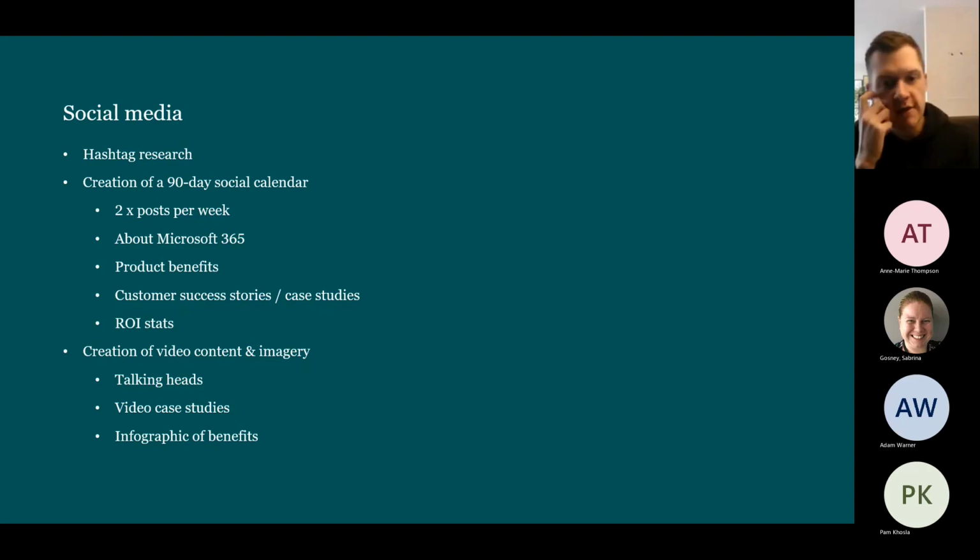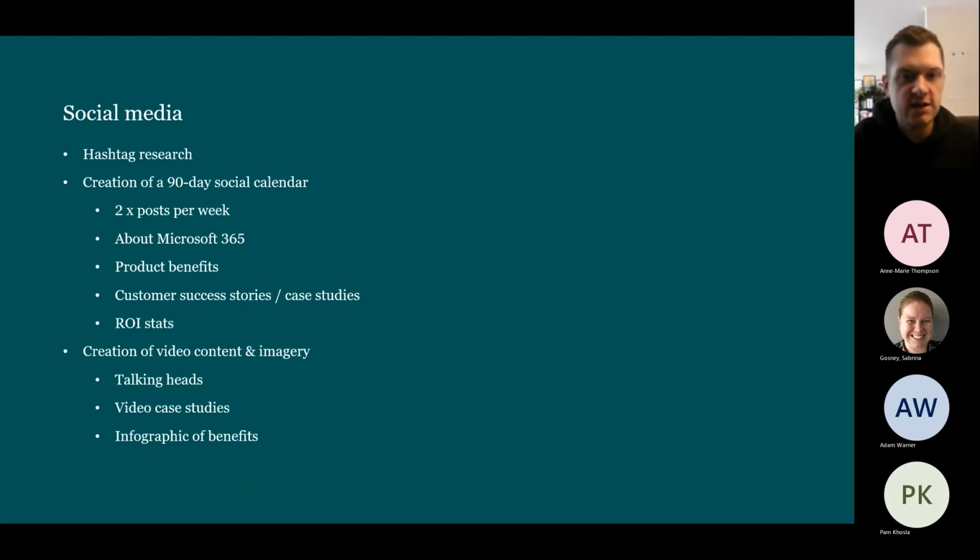We will look to create a range of video content and imagery. So can we get our skyscraper in front of the camera just to do a 20-30 second video? We don't want them necessarily to be speaking into the camera for 30 minutes. We just want it to be really short, snappy. We know from the research we've done, the work we've done with a lot of these personas, IT decision makers are busy. They haven't necessarily got time to sit there and watch a 15-minute video. They just want the short, concise bits of information that they need in order to make a decision.